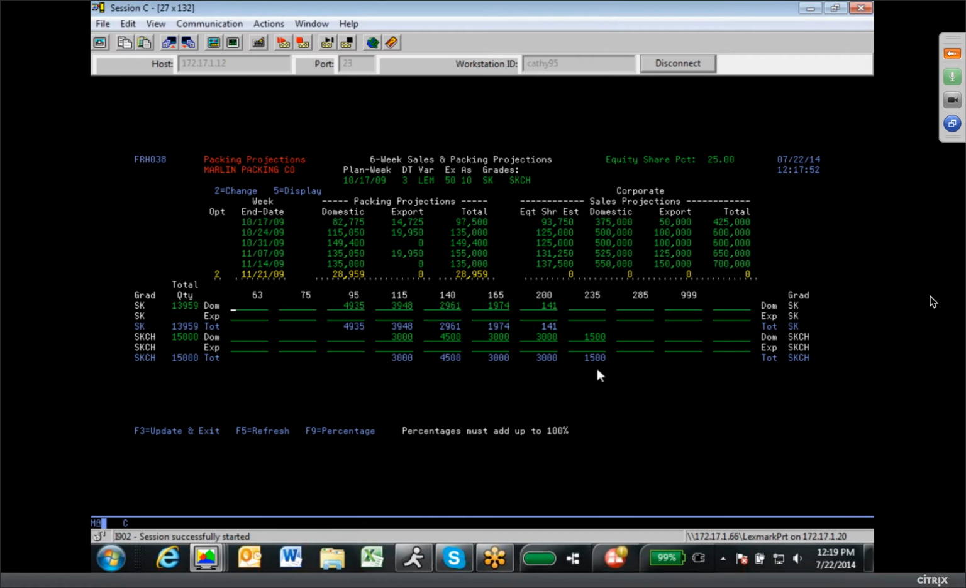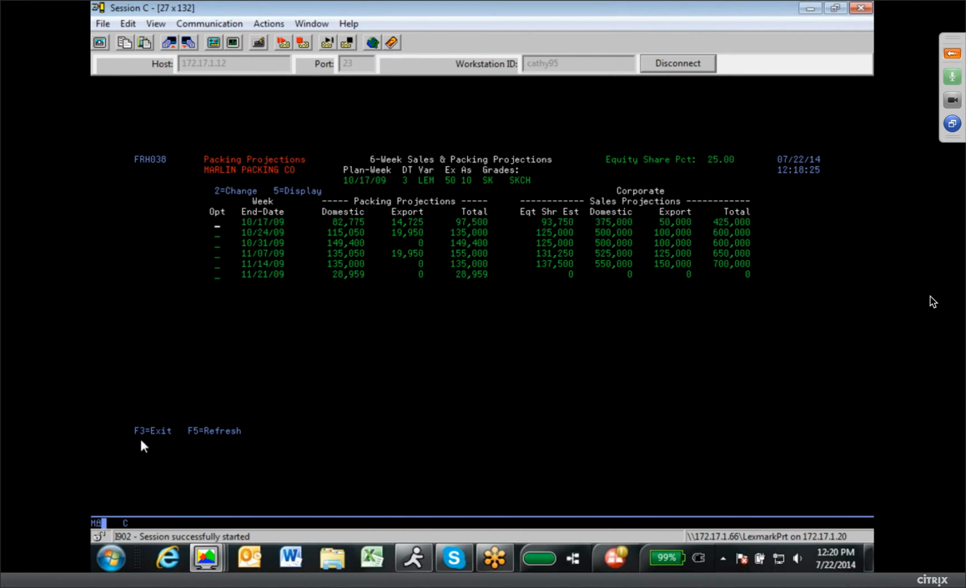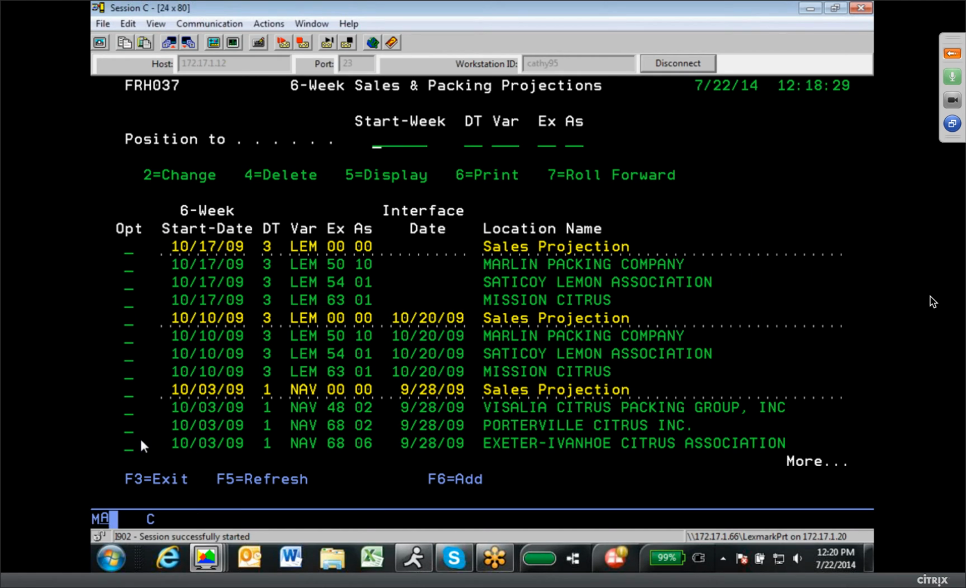Okay, and the percentages. So if you prefer doing it by percentages, F24 allows you to set your user preference, whether to come in to enter percentages or come in to enter volume. And you can do it either way. F3 out of that. And F3 again. So basically,